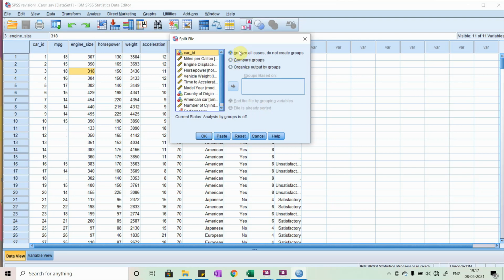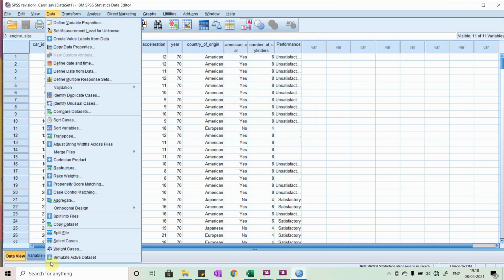You need to switch off your split file once that particular analysis is done. So I'll just cancel it for now.